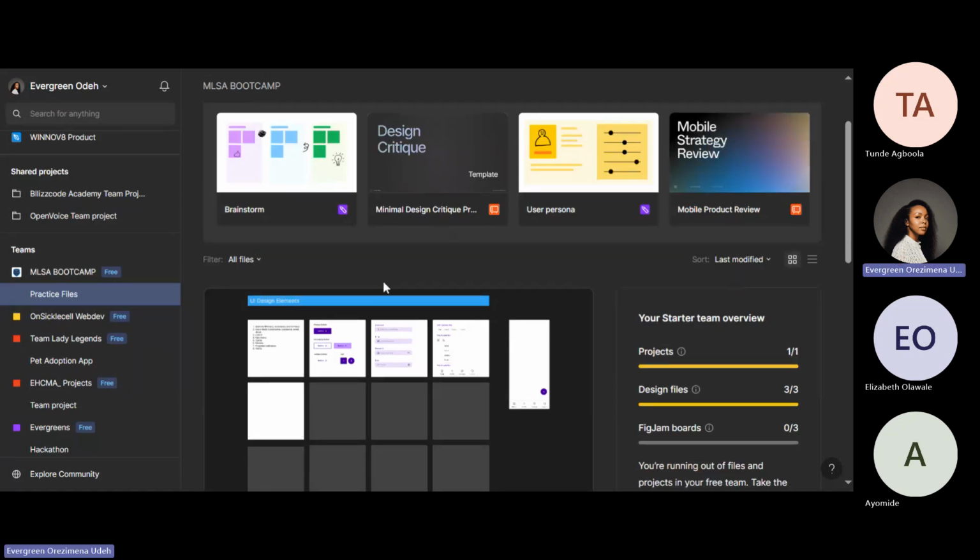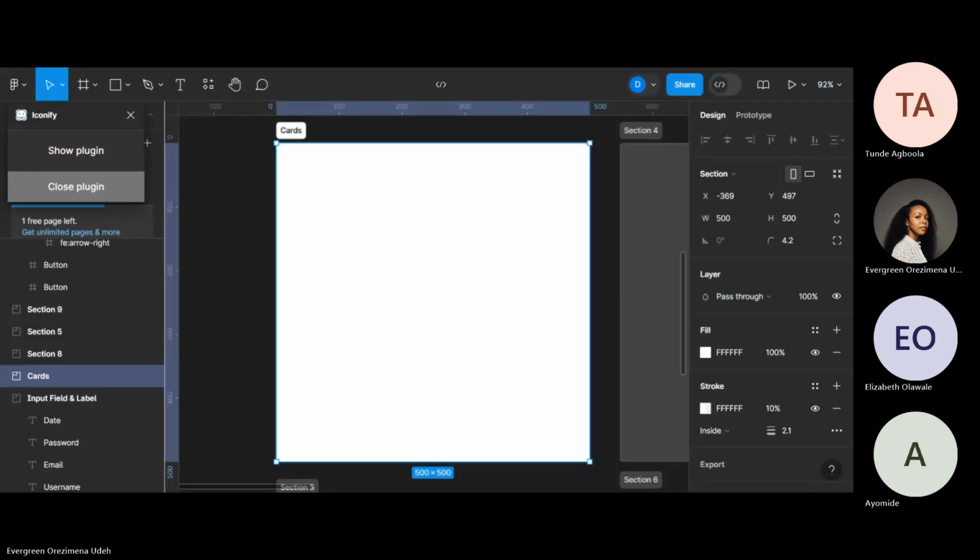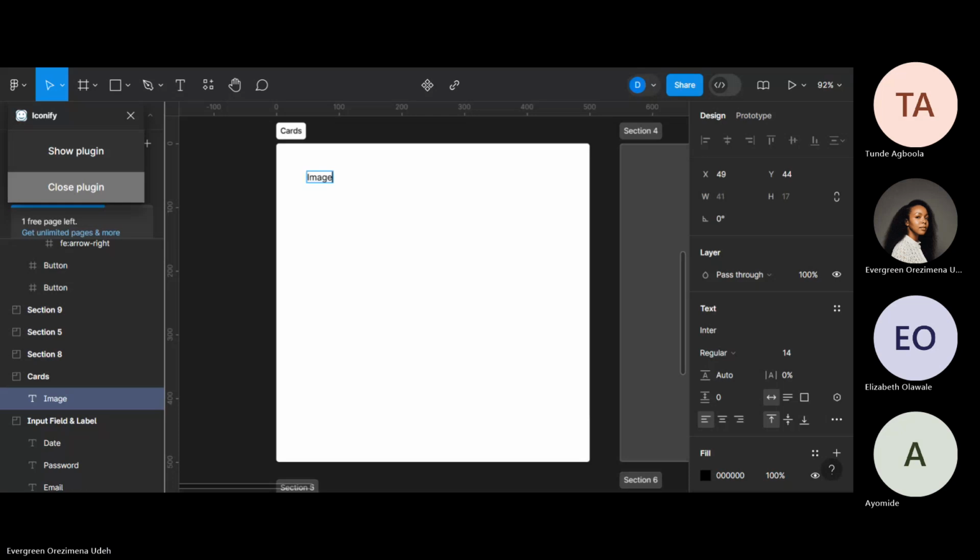Okay, so let me share. Let me go back. The type of card we're going to create is an e-commerce card. And what we need for an e-commerce card, let me just type this out. We need an image, we need a title,